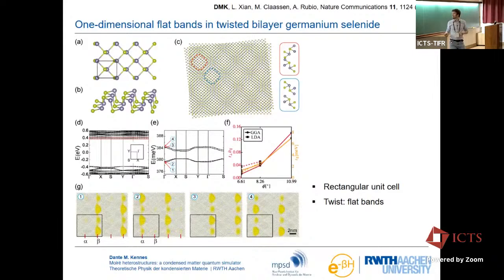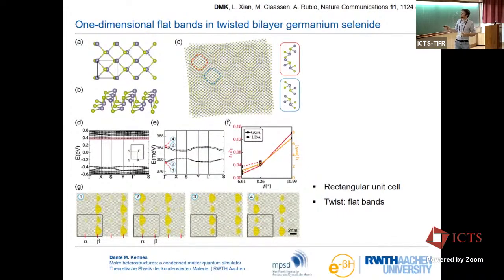This is plotted here with this red data, and you see that although the overall bandwidth, which is yellow, goes down, the ratio of perpendicular to in-chain hopping also goes down. So it becomes more and more one-dimensional as you approach the low twist angle region. And if you look at the wave function absolute value squared at the gamma point of these 4 different bands, you see that they nicely reflect this one-dimensional chain structure that you would expect.